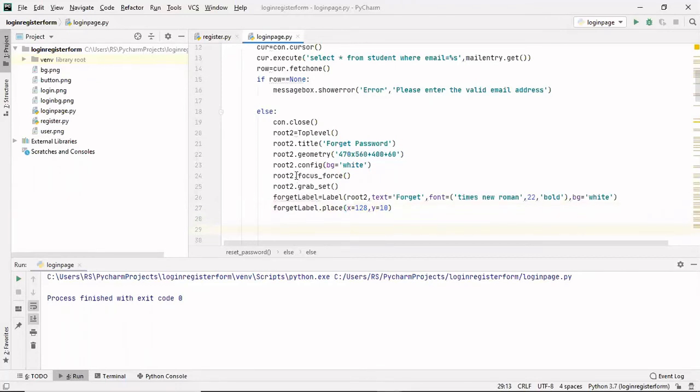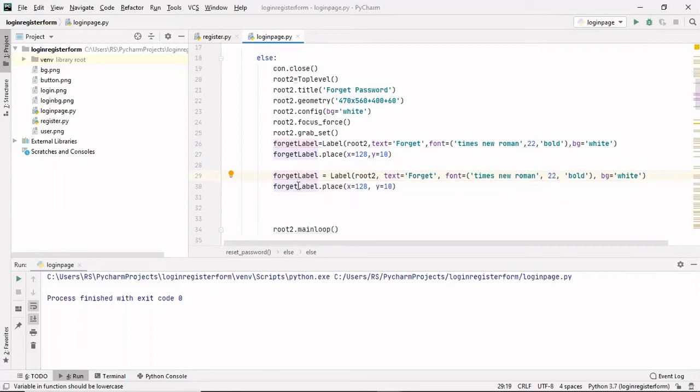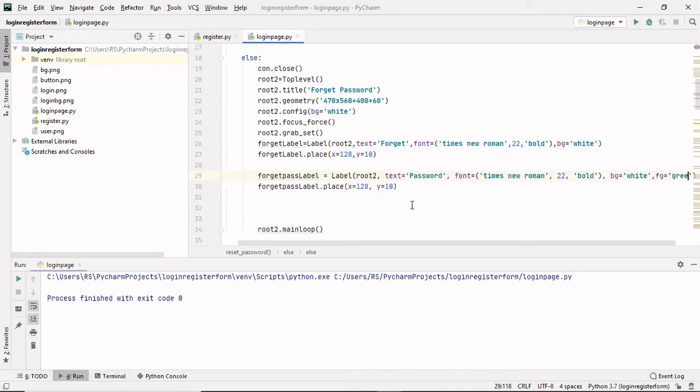So instead of forget label, now I'll name this forget pass label, and instead of forget text, it will be password. Background color will be white. The color of the text here will be green. Then where we will place it: from x at a distance of 225, and from y axis it will be at a distance of 10 only. So now if I run this,